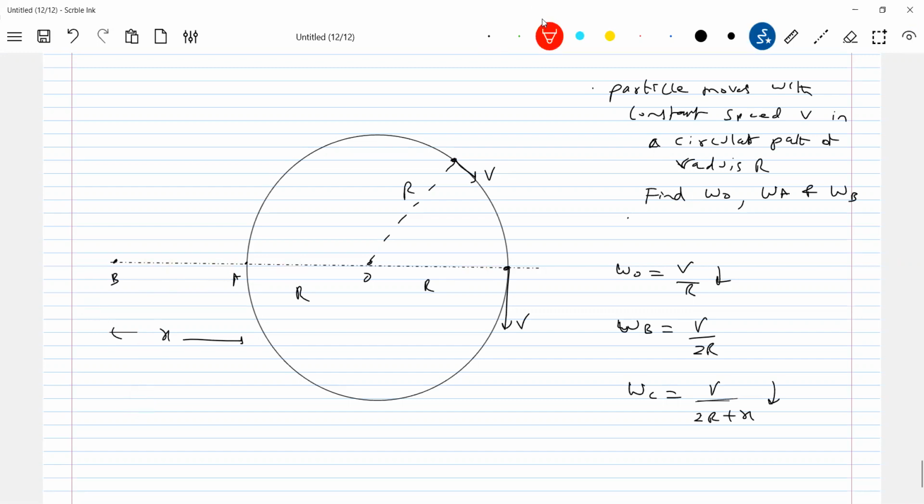So I'll indicate omega naught like this here. This will be omega naught. Just the perpendicular distance, from the particle to the point B, you measure the perpendicular distance. I was taking another particle, sir. Sorry, sir. Okay, fine.